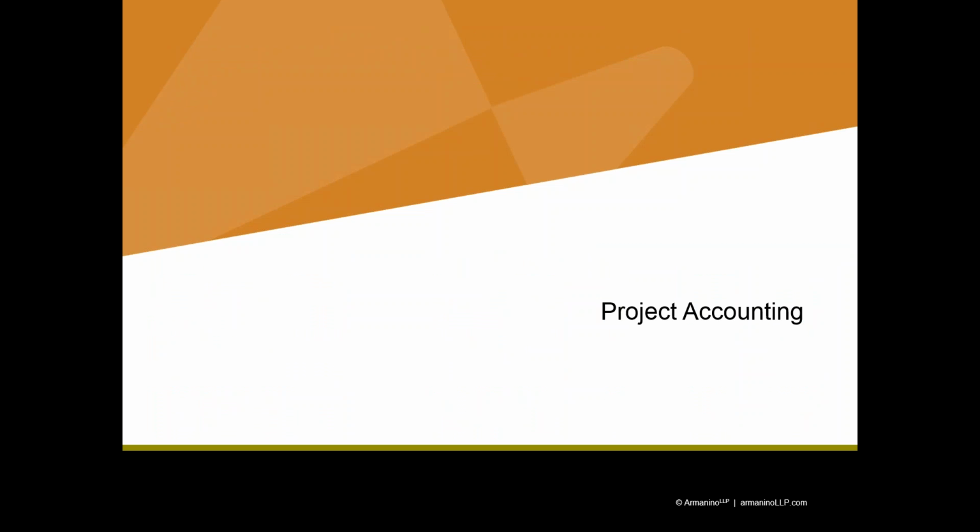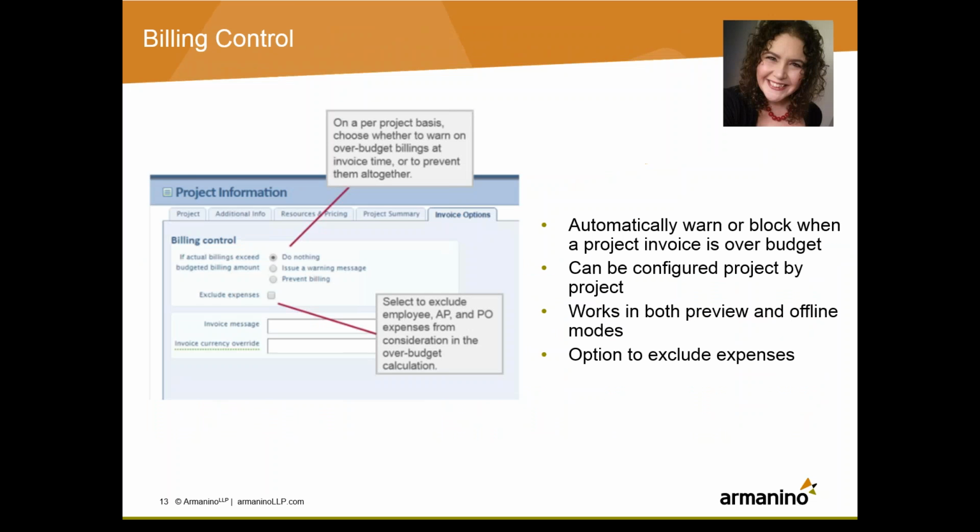All right, the next thing that we're going to talk about is a few updates to project accounting. The first update is related to billing control. So in line with the new spend control options that were unveiled in Release 3 for 2016, with the spend control, it prevents the input of something that is over a project budget from the purchasing module, so at the start of a workflow. So currently with the spend control option, you can have multiple invoices that together may exceed your spend control on the project.